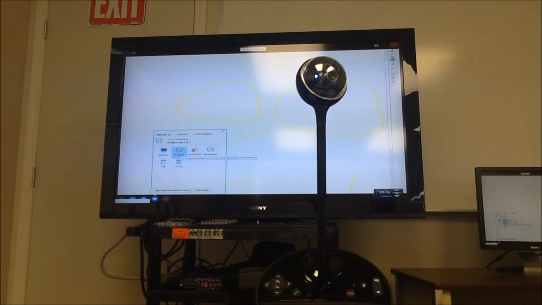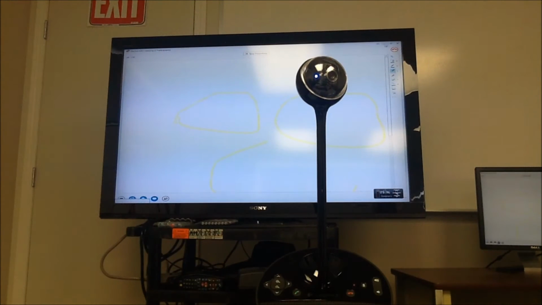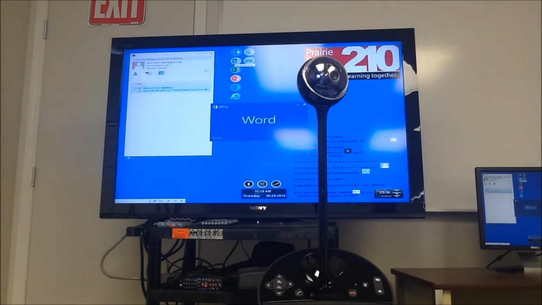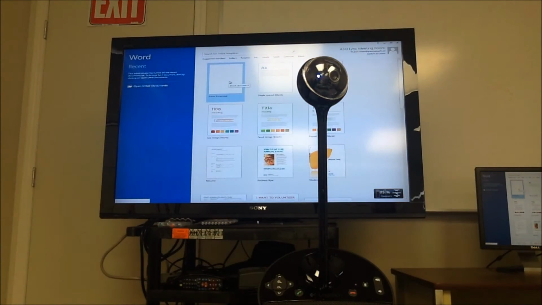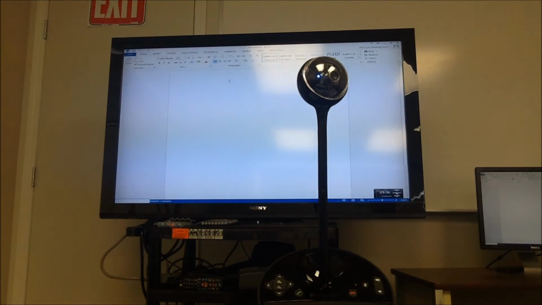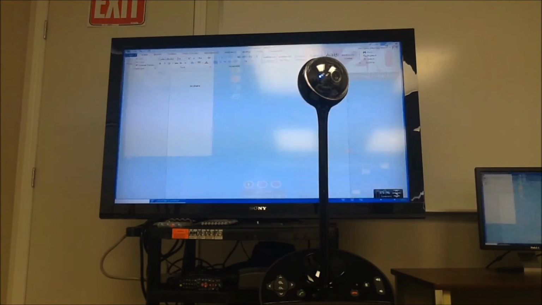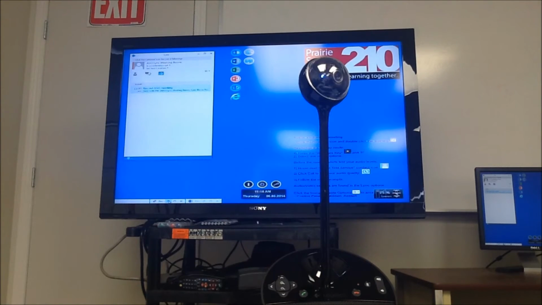So to present a Word document, we'll just go out of full screen here, minimize this one, which is now our second little bar at the bottom here. And then just click on the Word. We'll just start off with a blank document. Okay, so we've got that set up. Now if we go and minimize this, return to our meeting,